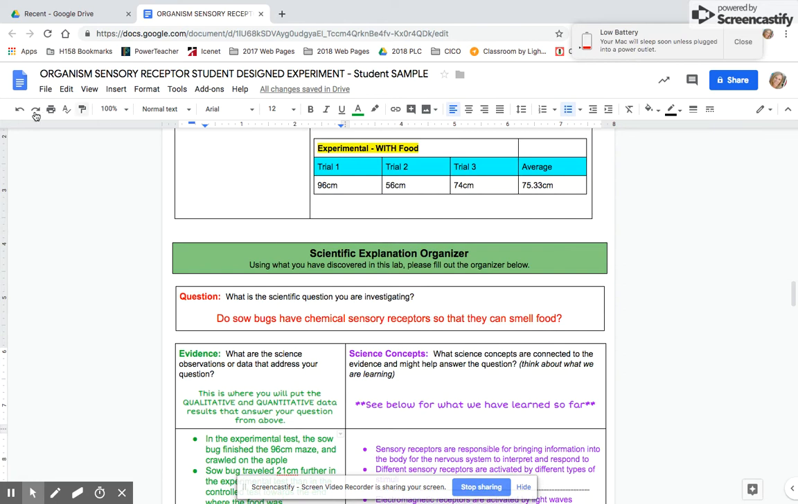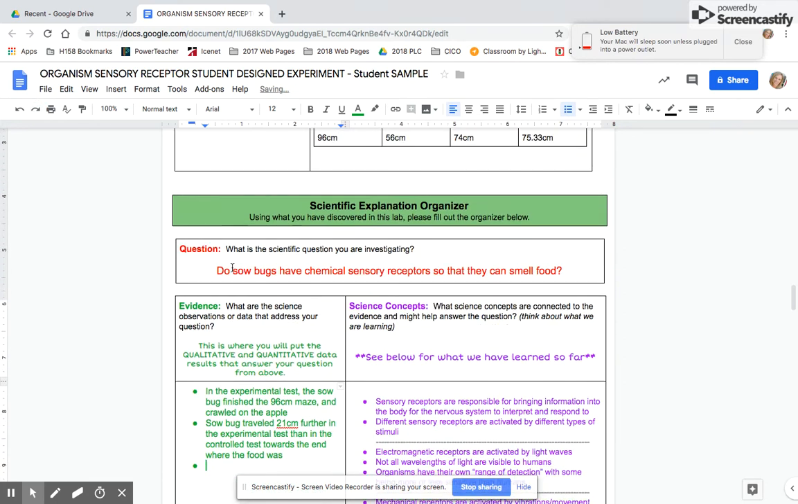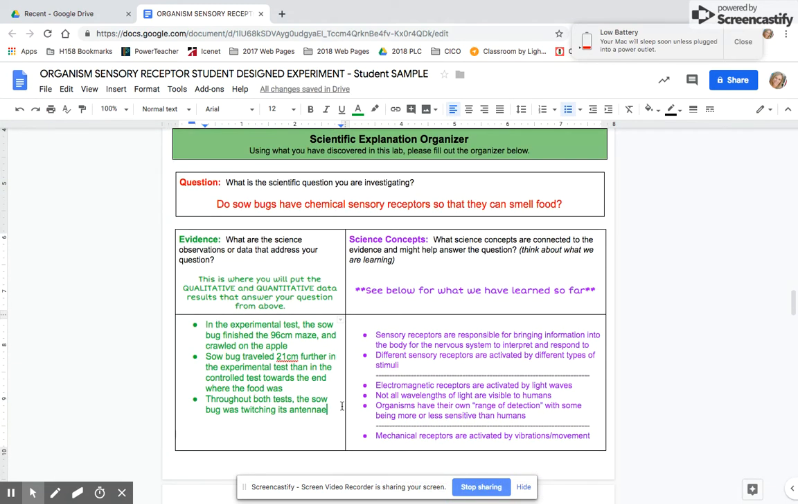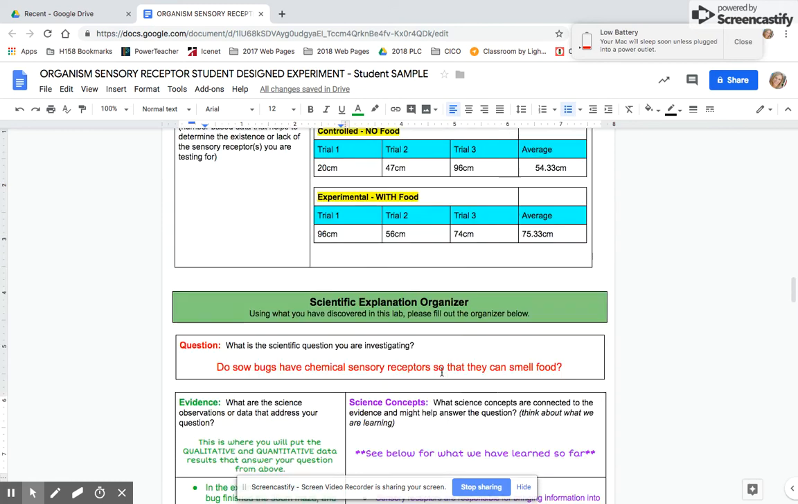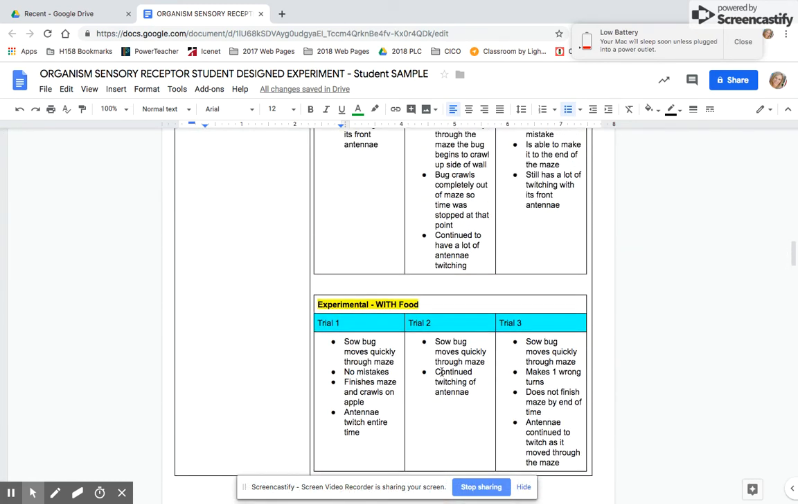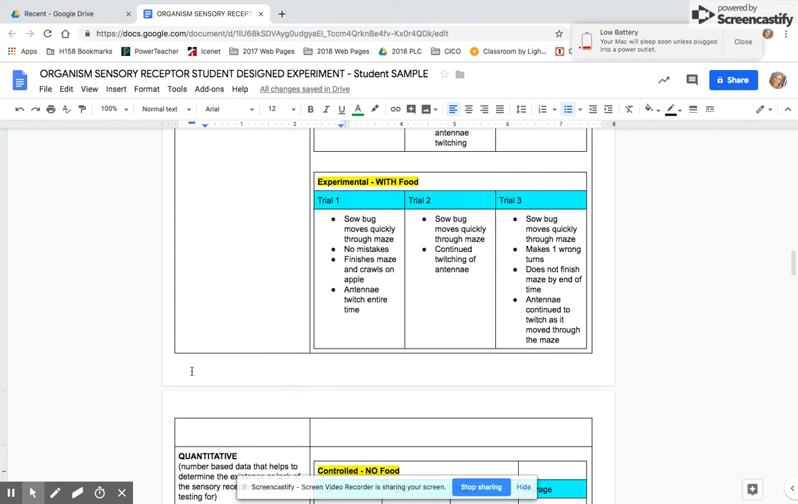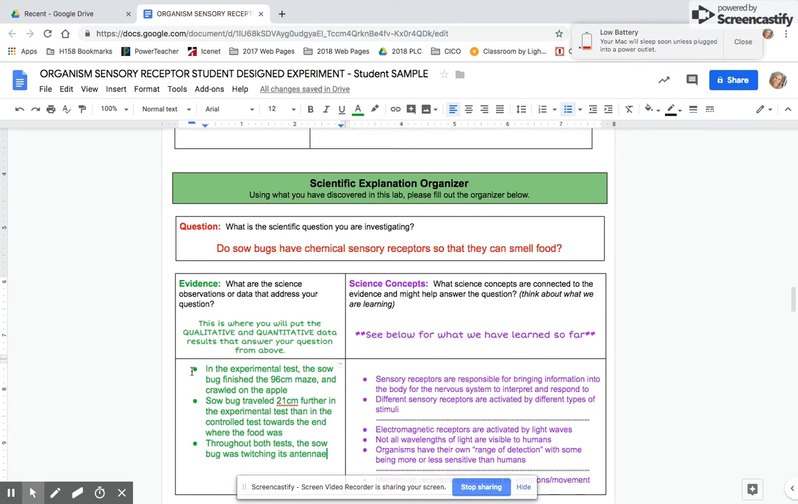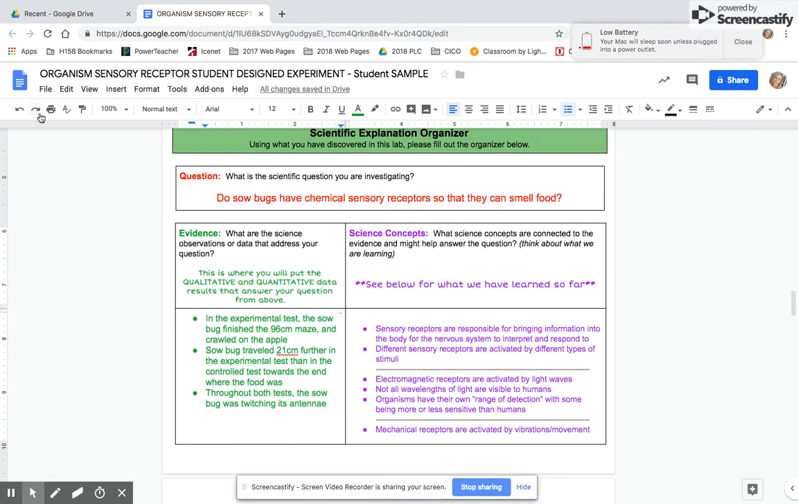All right, the next piece of evidence that I noticed is that throughout both the tests, the sow bug was twitching its antennas. So when I look back up here in my qualitative data, every single trial, it was twitching its antenna. So that seems like evidence to me that it was sensing something, which is why I put it in my evidence. Okay, next,